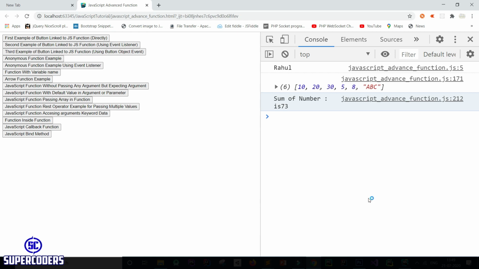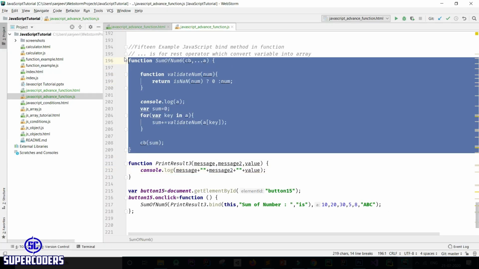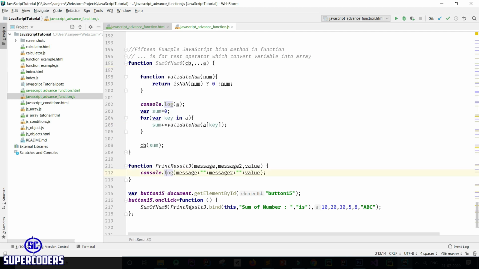What bind actually does is assign a value in a function before calling it. Here you can see my function is calling from this method, but my function print result 3 is calling from sum of numbers, and I assign the first and second value from this before calling using bind. So bind will automatically assign the first parameter and second parameter value of this function.